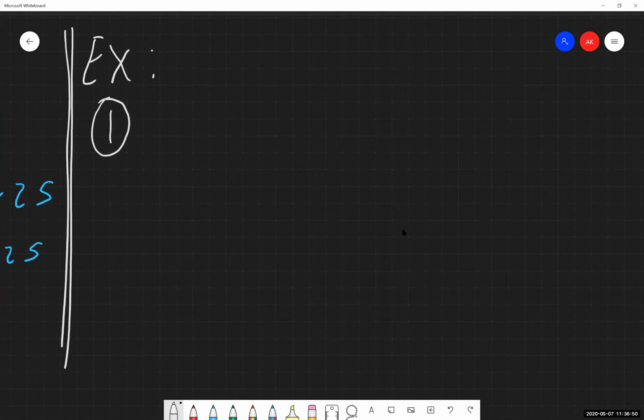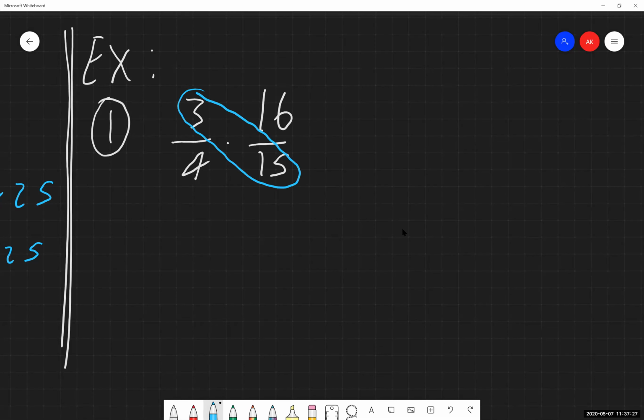So our first example that we had, 3/4 times 16 over 15. Now, again, our process that we went through originally was to multiply straight across and then reduce down. We are going to use cross canceling to do some reductions before we do anything else in this process. So I'm saying, and this is where it gets its name of the cross canceling, I'm looking across the multiplication sign to anything that's in the numerator and the denominator spot. So I'm going to work with 3 and 15 first.